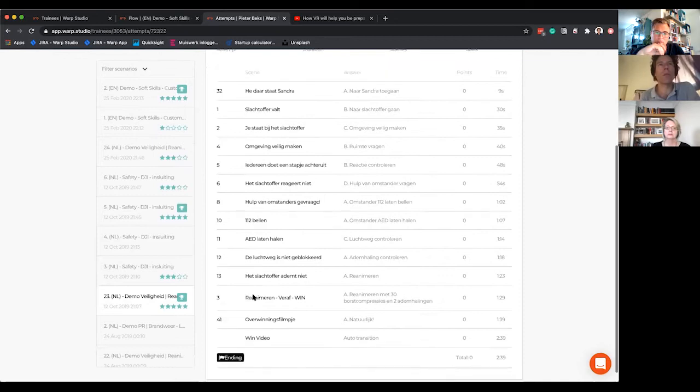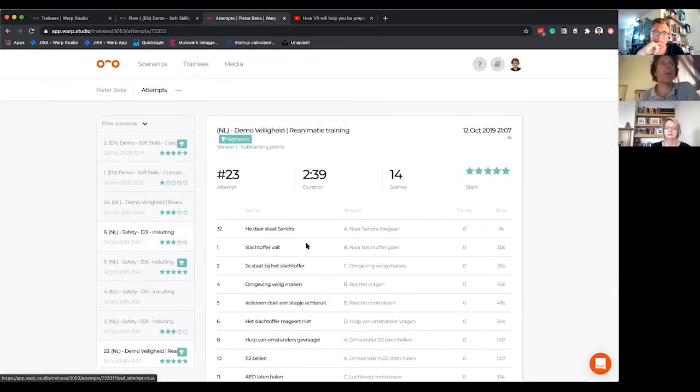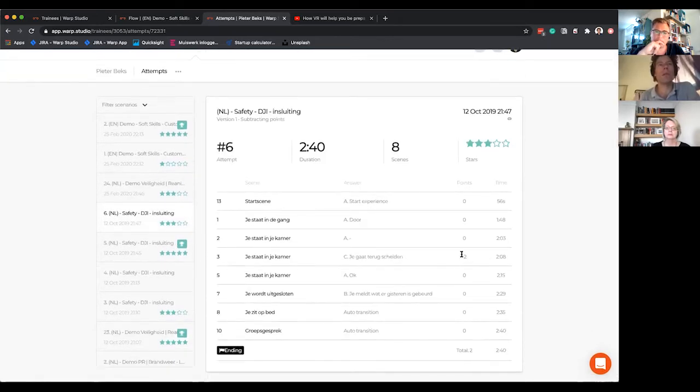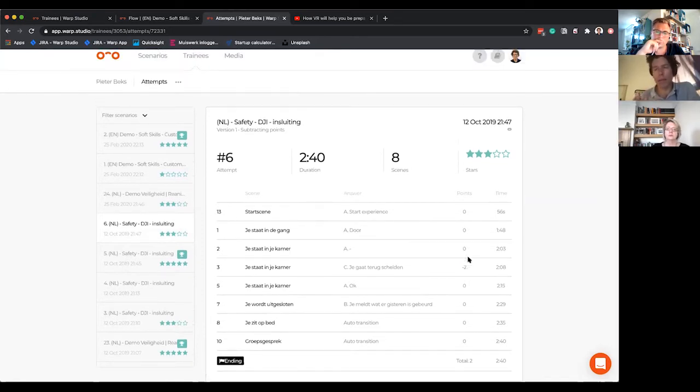So this is a Dutch one, a bit of a longer one. Here you can see there is a -2. So you see that he took a wrong turn there, or at least gave the wrong answer. So this data will give you specific insight into how well people are doing, but also how well these training procedures are being followed.